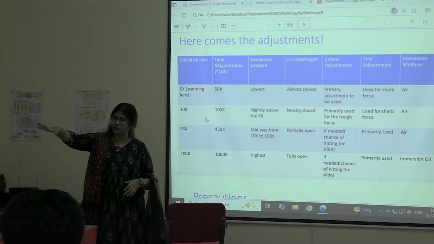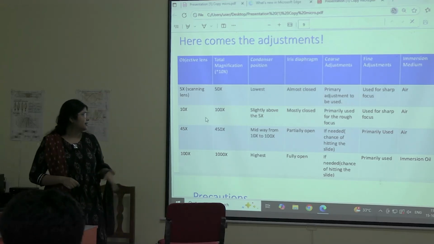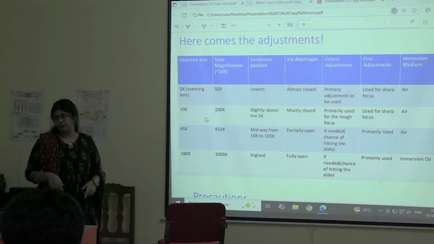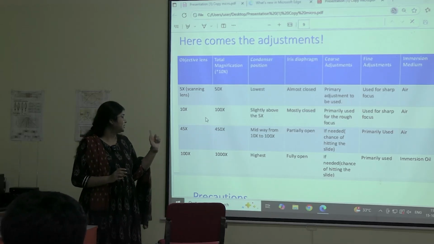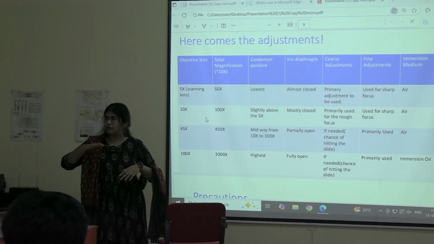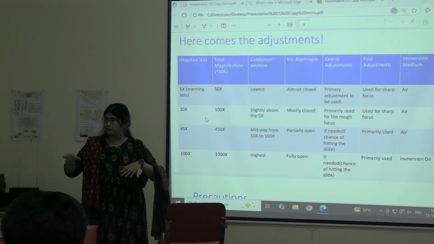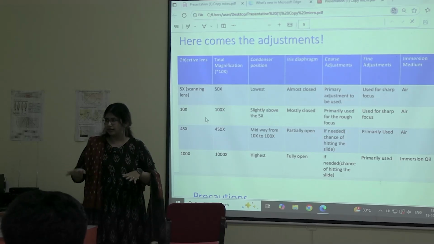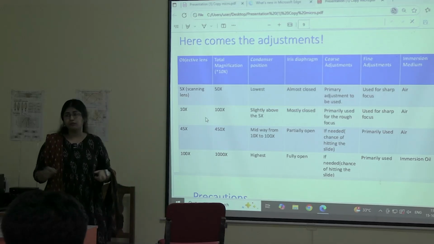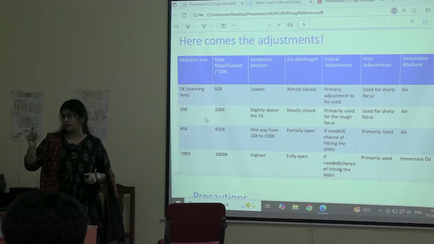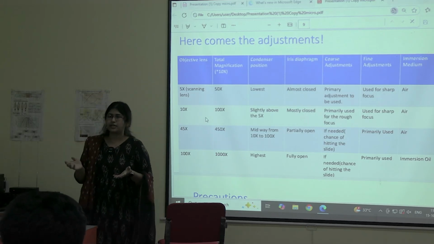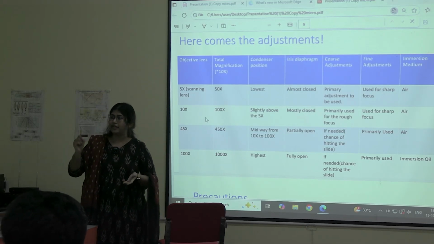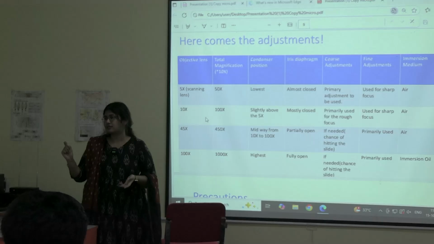Understood? Then we go to the immersion medium. Why oil immersion? Normally when we see with 5x, 10x, 45x, there is no medium that we use over the slide. Just air. But when we come to 100x, we will use oil. What oil will we use? Cedarwood oil. Why are we using it? Because it has the refractive index exactly that of glass.